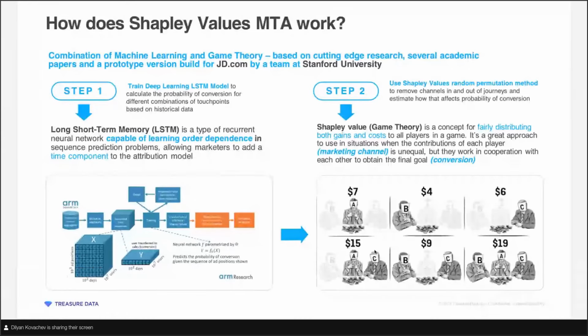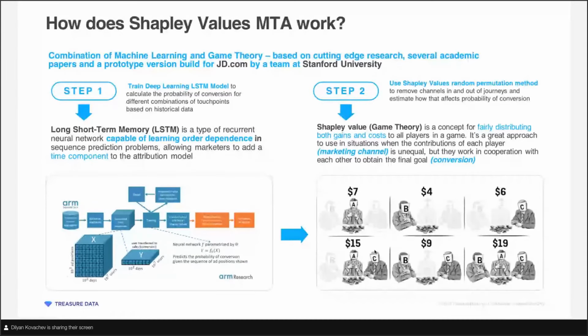So each journey is indexed with the step index, and then whether that journey resulted in conversion, and then for each step of the journey we can flag which channel the user was exposed to, and then that model is trained. The model's goal is to predict whether the journey resulted in conversion or not. So we're using real-time data, right? All the data that we get.